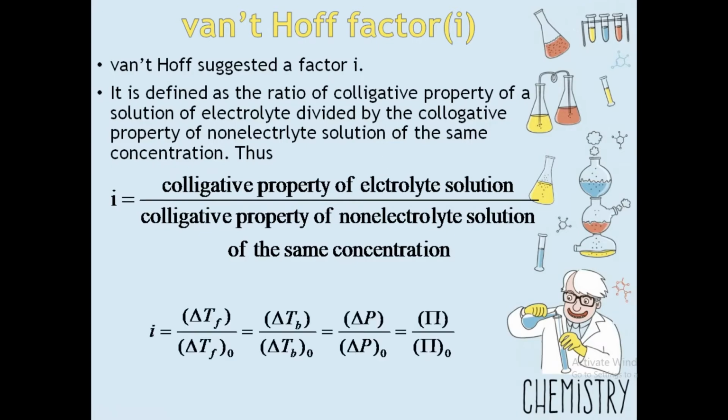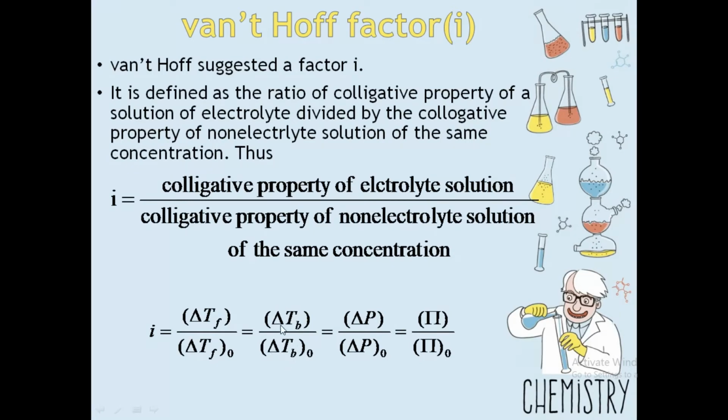So we can say that i, that is van't Hoff factor, is equal to the colligative property of electrolyte solution, means freezing point depression of electrolyte solution divided by freezing point depression of non-electrolyte solution, which can also be said as freezing point depression observed, and this is the theoretical value of freezing point depression, which is equal to the colligative property of electrolyte, means the boiling point elevation of electrolyte solution and boiling point elevation of non-electrolyte solution,